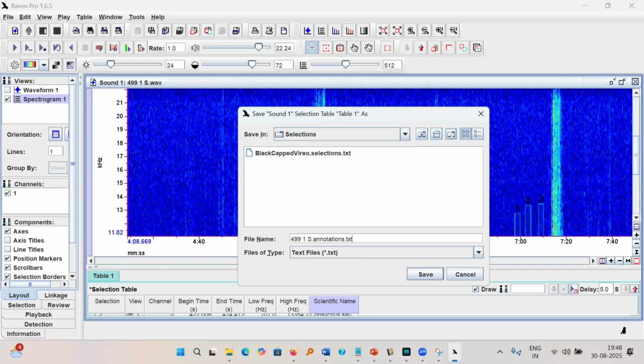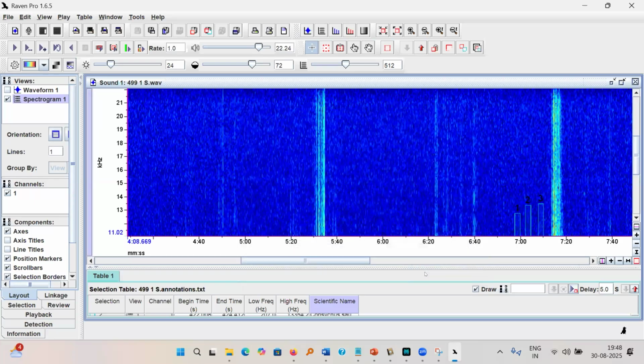Shouldn't I create a folder? Oh, if you want, you can go back to it. So this is all under the Raven Pro thing. Yes, if you want, you can. This is also a good way to organize it. Right, now you have to go to your